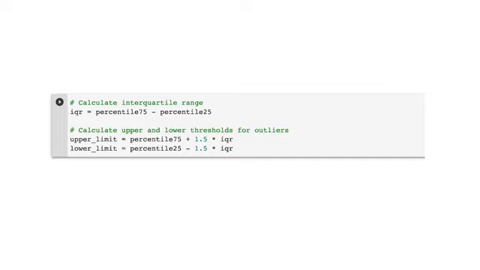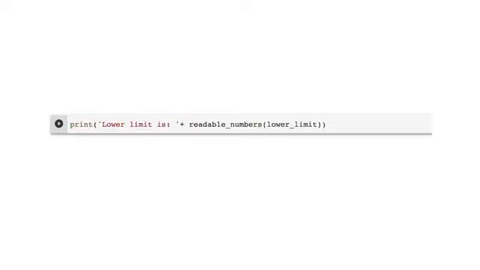Now, let's define two statements, upper limit and lower limit. Upper limit is equal to percentile 75 plus 1.5 times IQR. Lower limit is percentile 25 minus 1.5 times the IQR. Lastly, let's have Python provide the exact value of the lower limit.